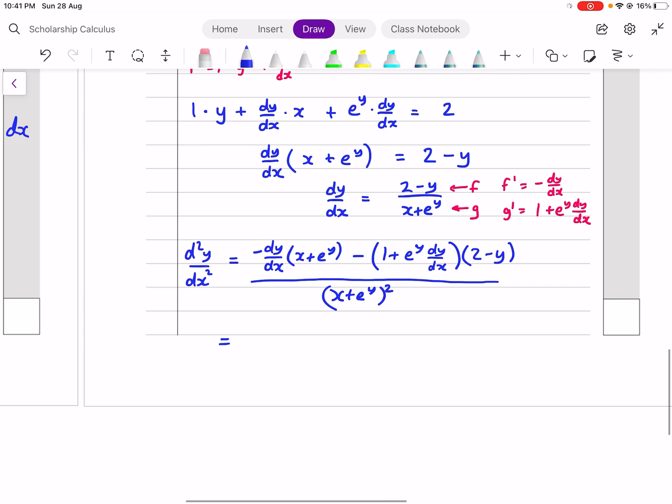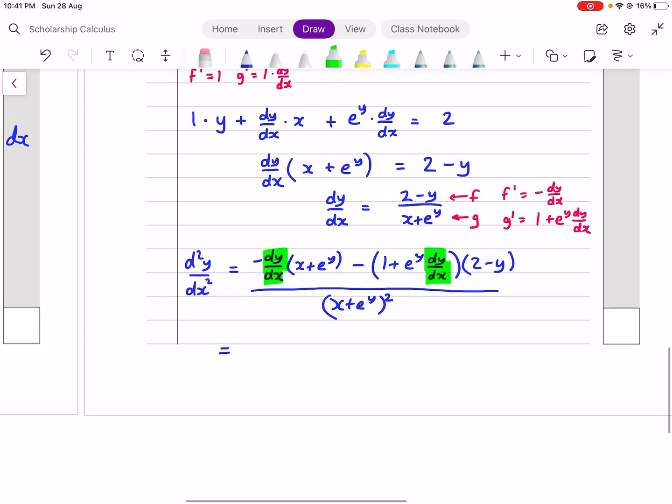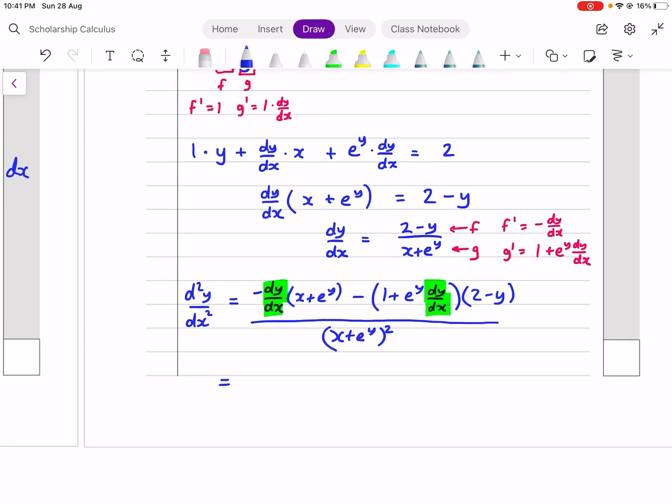That first term here asks us for dy/dx, and there's also a dy/dx in there. We can use the formula, the line above it, to find out this formula here. We sub in y equals 0 and x equals 0, and we get, at x equals 0, y equals 0, dy/dx equals 2,